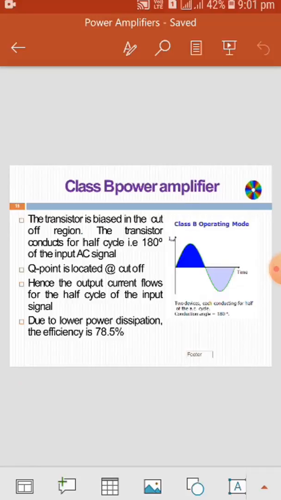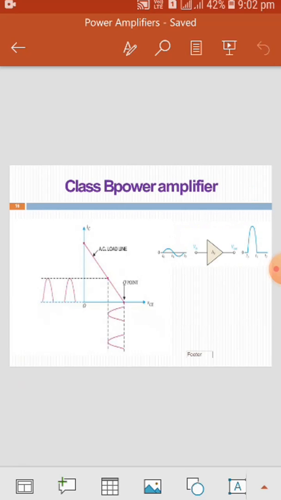Next, we will go with the class B power amplifier. In order to improve the efficiency of the class A amplifier, we are going with this class B power amplifier. Here, the transistor is biased in the cutoff region, whereas in class A the transistor is biased in the active region. Here, the transistor will be in on condition for only 180 degrees rather than 360 degrees. So only a small amount of the Q point AC load line will be utilized. Hence, the power wastage is minimized, and the efficiency of the class B power amplifier is 78.5%,